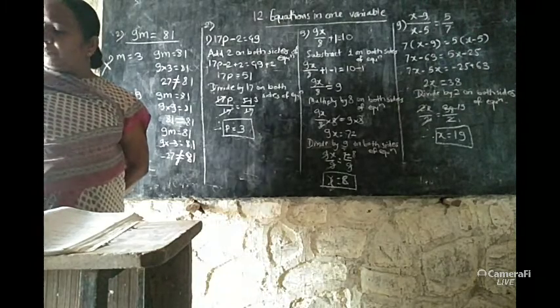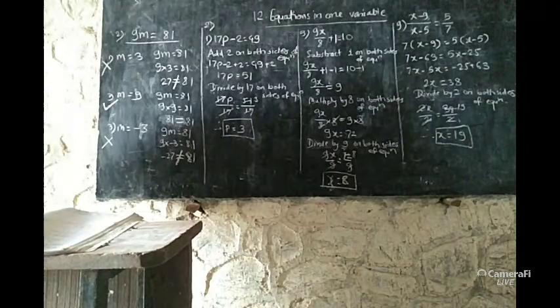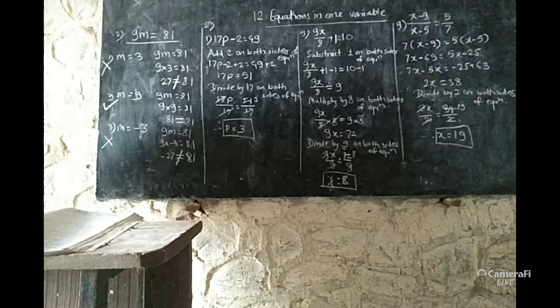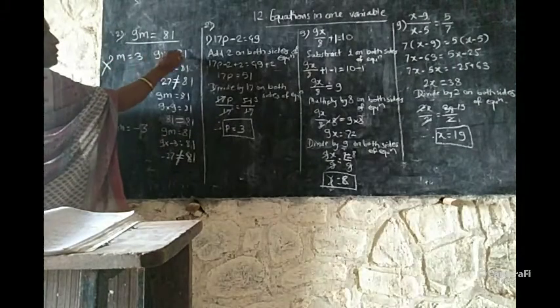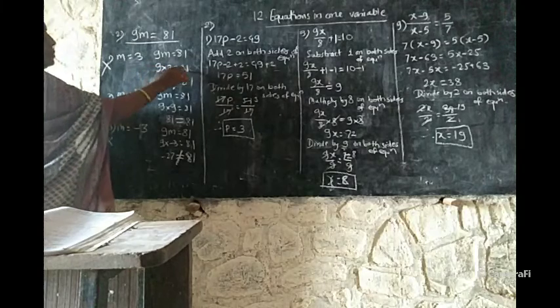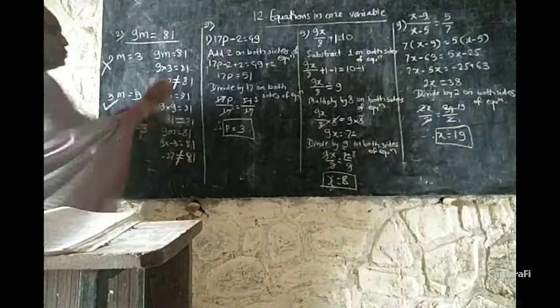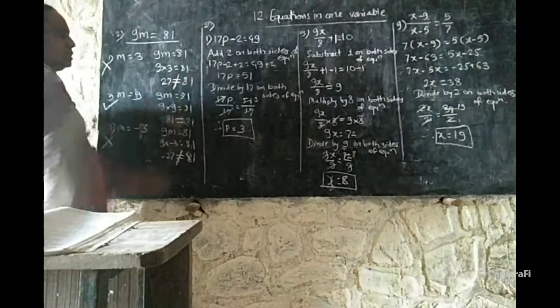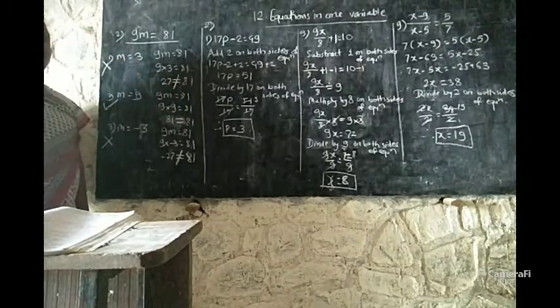I have taken an example from this practice set. See, the second example I have taken is 9m is equal to 81, and they have given us the values of m as 3, 9 and minus 3. We have to take the values of m one by one and then find which is the solution of the equation. First I have taken m is equal to 3 and put it in the equation 9m is equal to 81. That means 9 into 3 is equal to 81. 9 times 3 is 27, and 81. These two sides are not equal. I have shown it by this sign. The equal sign is cut here, and that means m is equal to 3 is not the solution of this equation.